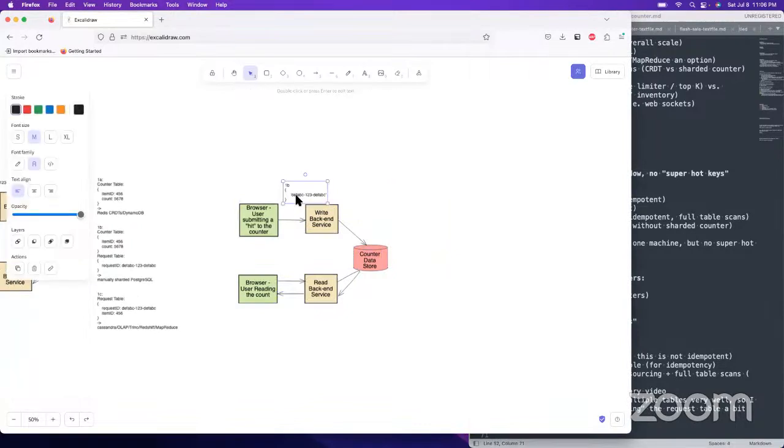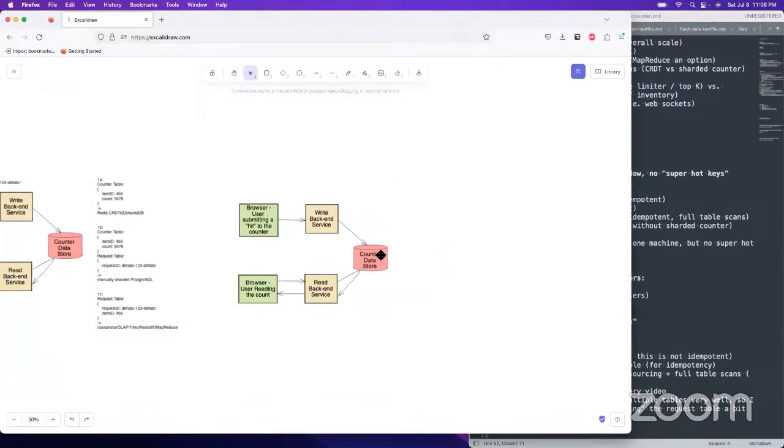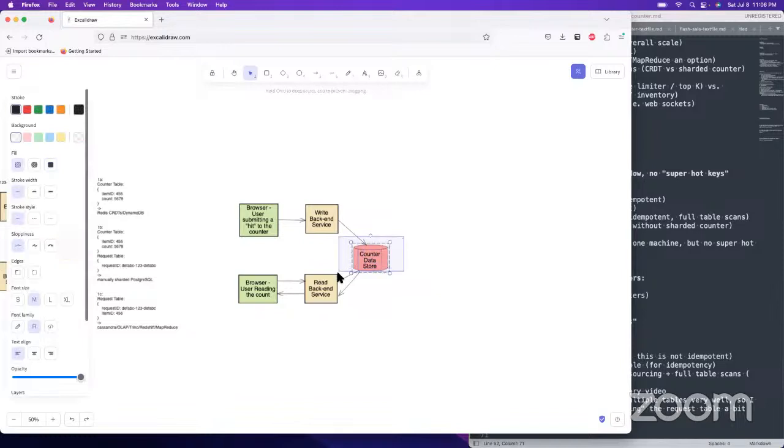So you don't need this, and you would have it sharded out. I guess DynamoDB is probably a great example of how you would implement it, where you just have this under the hood.